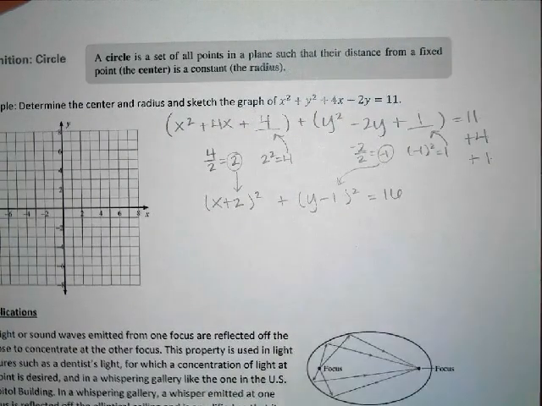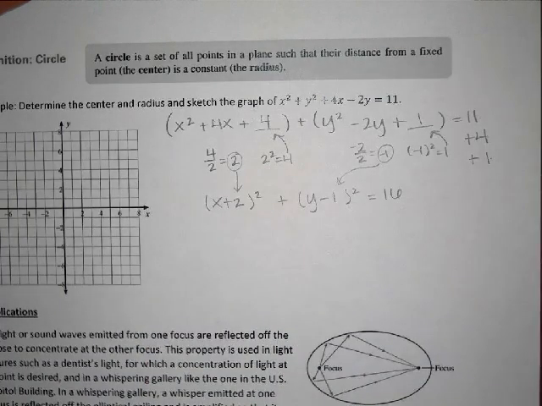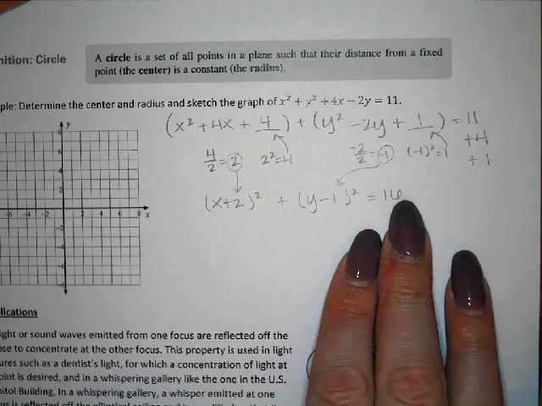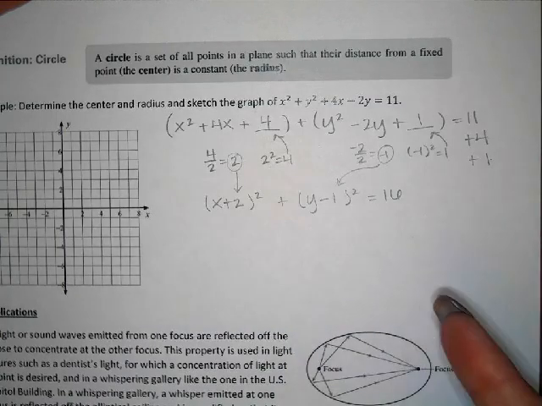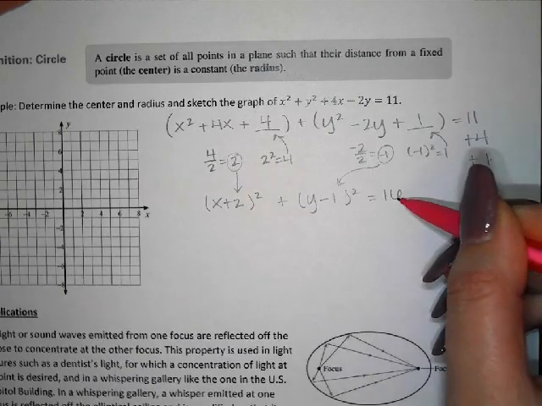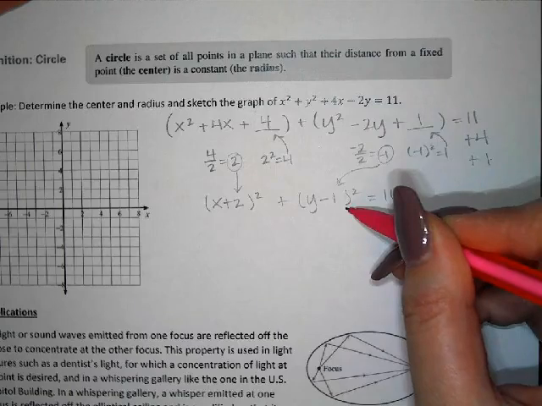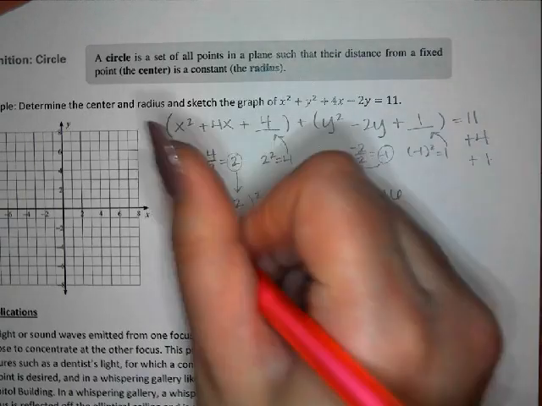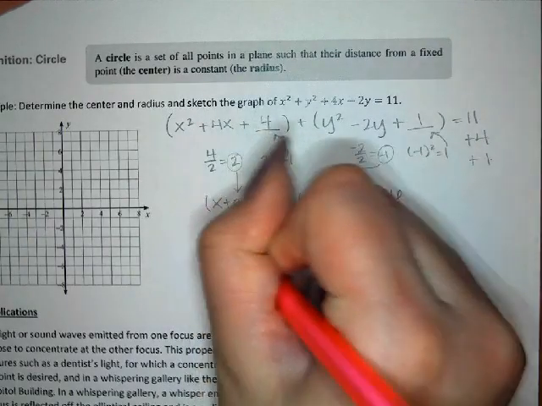And this is the circle in standard form, but you could actually make this equation equal 1, just like we do with an ellipse if you wanted to. You could just divide by 16, divide by 16, divide by 16. And then you can see like, oh, it's kind of similar to an ellipse, but I can see that it's different